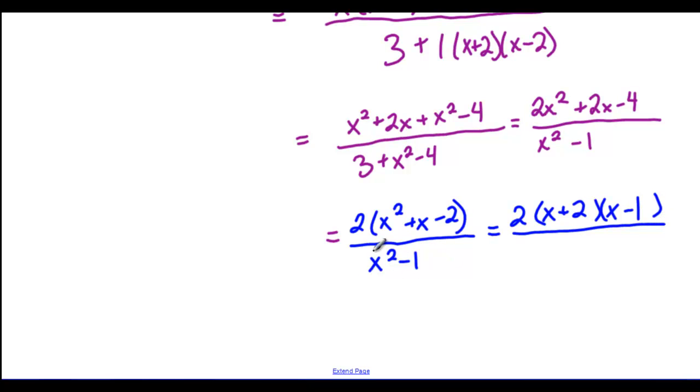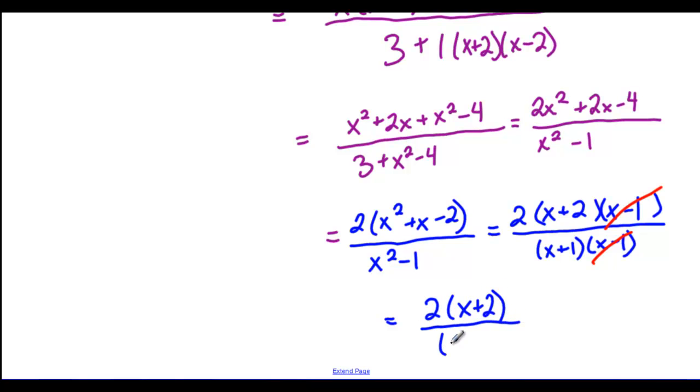And now let's factor the bottom. So this x squared minus 1, the difference of squares, we're going to have x plus 1 and x minus 1. And then here, these x minus 1s are going to reduce. So our final answer ends up being 2 times x plus 2 over x plus 1. I know that's a good bit of work, but hopefully the concept is clear and you